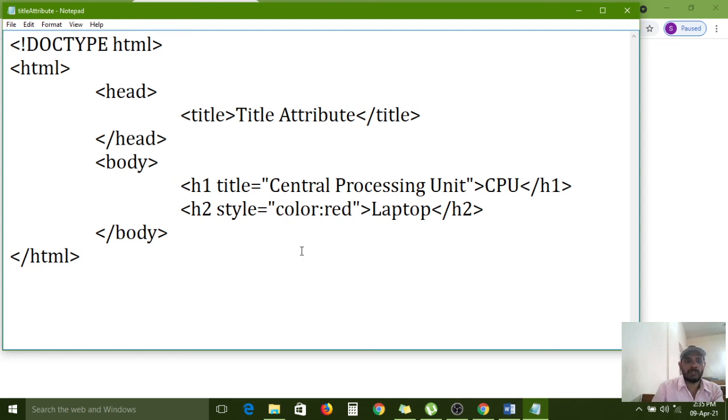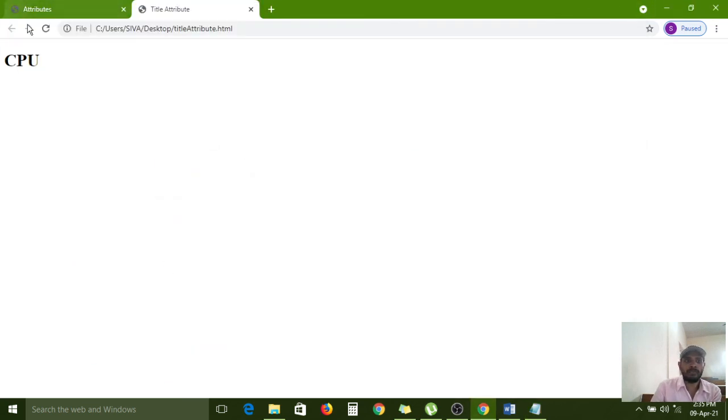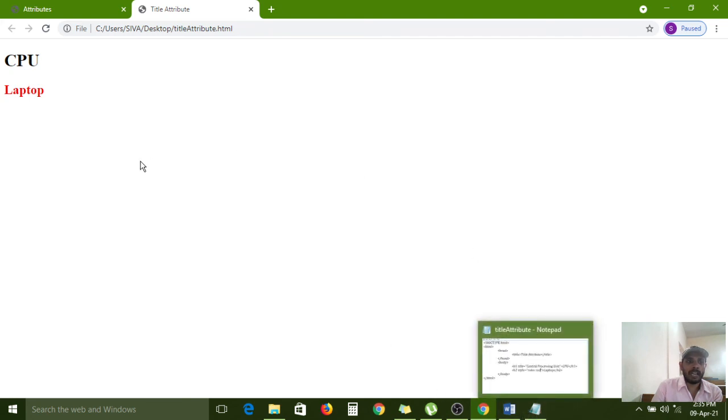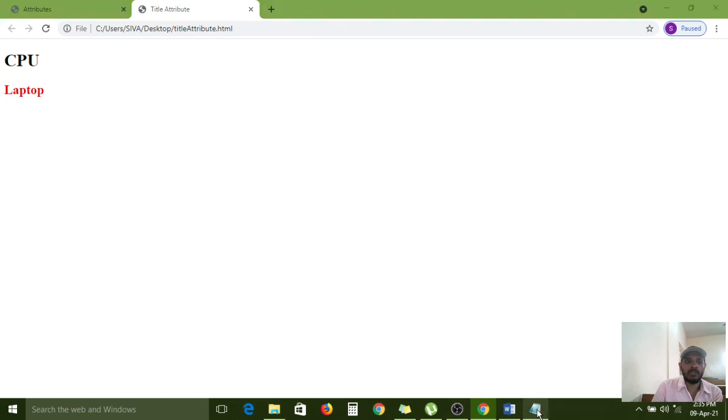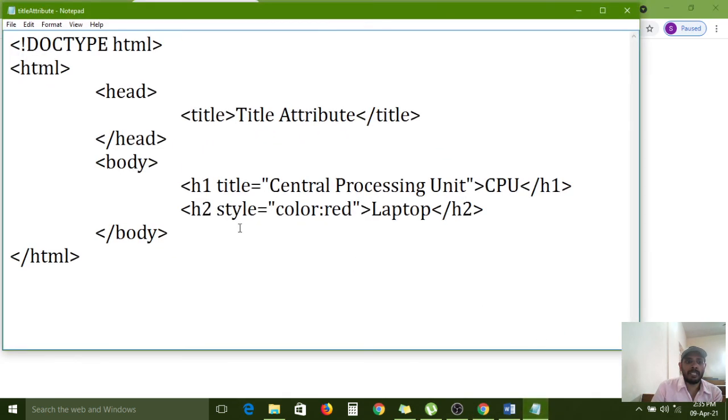Again I am saving this one, minimizing it, refreshing this page. All of you carefully observe. The laptop is a second heading, that's why I am using H2, and the color has been applied by using the style attribute. By using this, not only color, fonts also we can change, and an extra number of styles we can apply by using the style attribute.